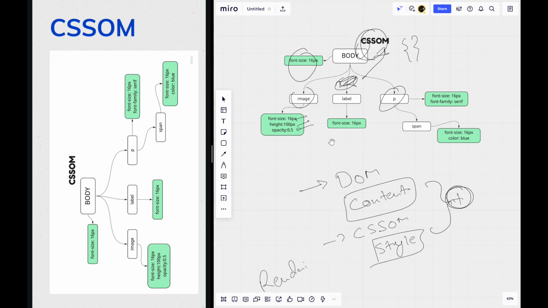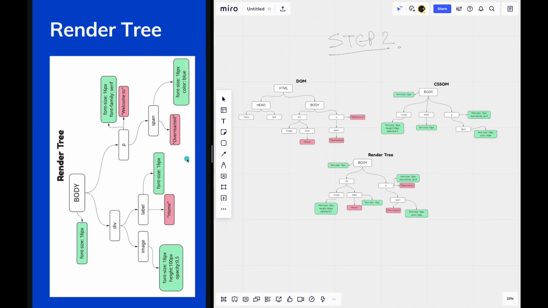Till now, let me just recap what happened. The render engine requested the index.html file. The network layer sent the contents of the index.html file in chunks of 8 kilobytes to the render engine. Once it received all the contents, it created a Document Object Model by creating tokens of the content of the HTML elements. The tokens are then converted into objects. These objects contain the information of the HTML content. Similarly, a CSS object model is created which contains the style for those nodes. Now we have two different trees. We are going to combine these into one render tree. Render tree is the second step of our rendering engine.